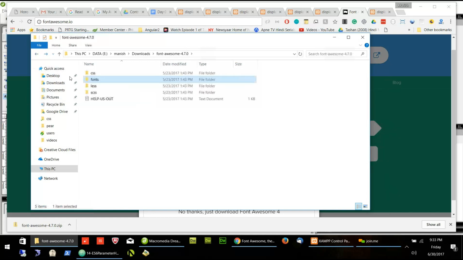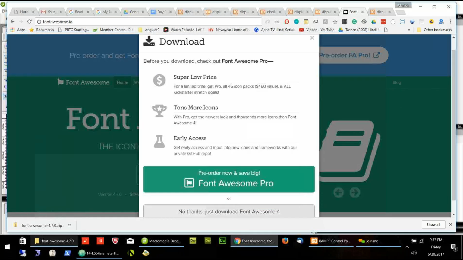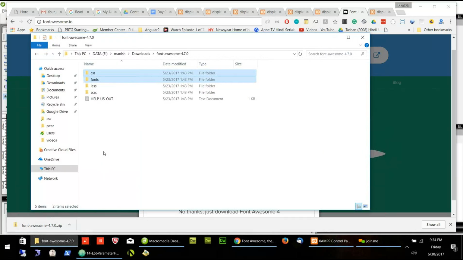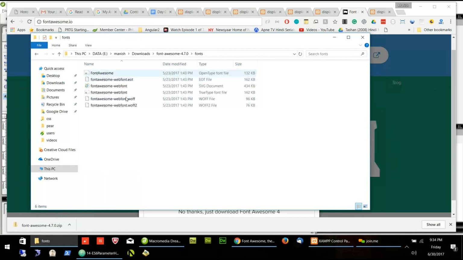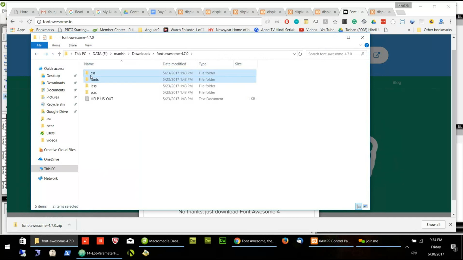Oh, I thought it was kind of like Bootstrap where you put the link in the head part of the page. So you also have to download it? I thought it was similar, how you just put the link up in the head part of your page and then you can use the fonts. Yeah. The thing is that in Font Awesome, you need these fonts in your directory. Otherwise, it will not work. So you need to download it, copy it, and then use it. Okay. So let's put it in the folder.